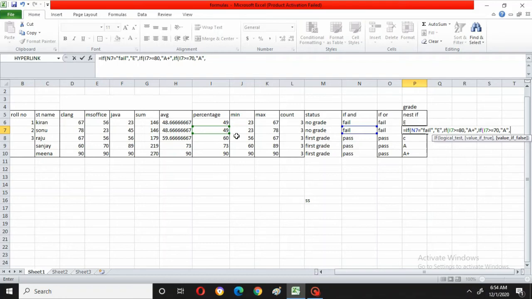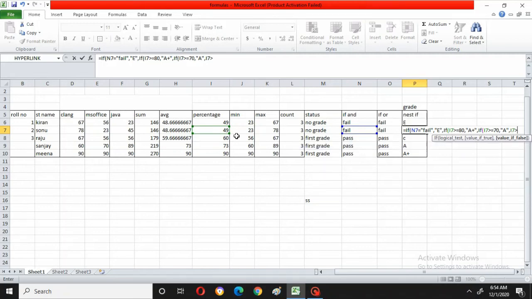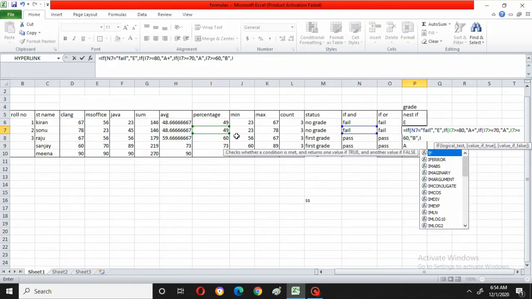Next, what is there? Again I have to open the if condition. If it is not 70 to 80 also, then what it has to do? It has to check for 60 also. I7 is greater than or equal to 60, comma. Now open the double quotes. What you have to type there? B, close it, close double quotes, comma, again check for